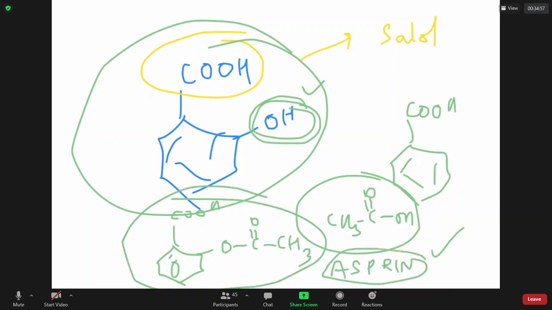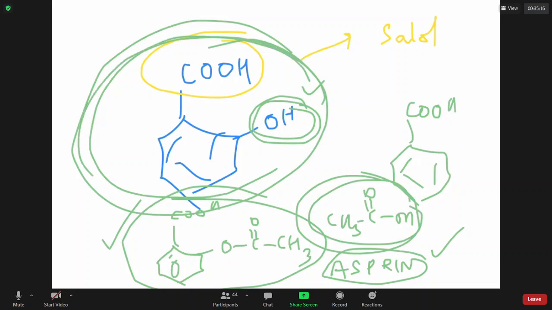Whenever somebody gets a heart attack, if you give a tablet of aspirin, he gets immediate relief. Heart attack medicine is acetyl salicylic acid. Acetyl salicylic acid is made by reaction of acetic acid with salicylic acid. Salicylic acid itself is made, this is salicylic acid. It is made starting with phenol.